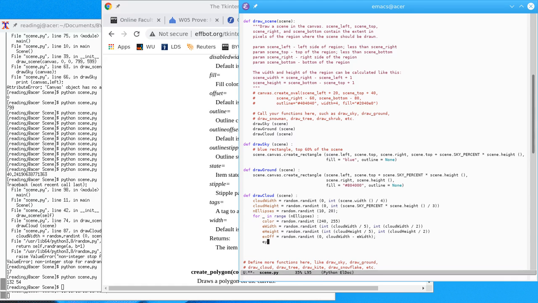ey_off equals random.randint 0 comma cloud_height minus e_height. And now all I have to do is scene.canvas.create_oval scene.left plus